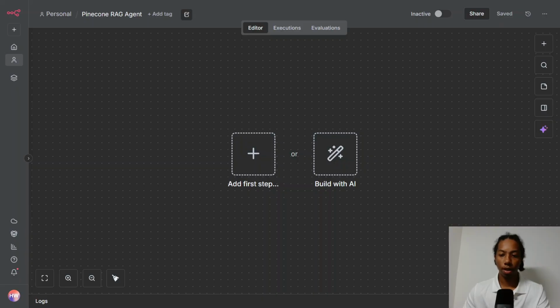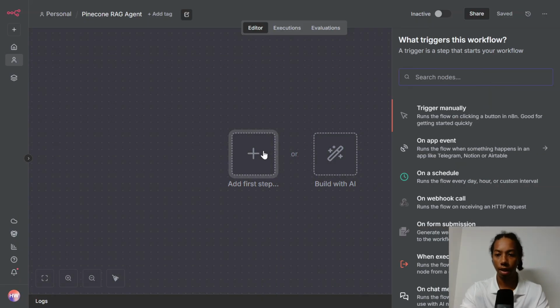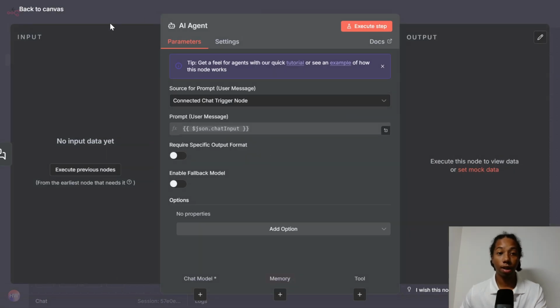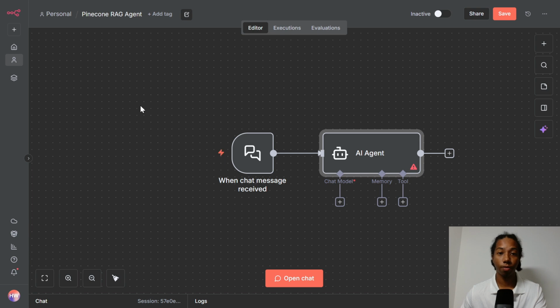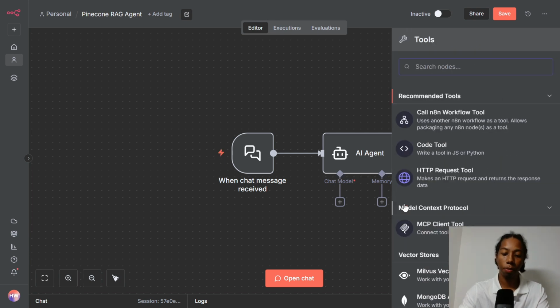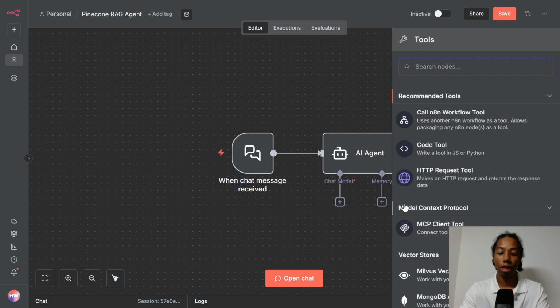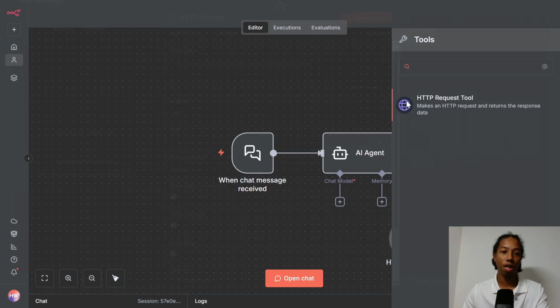Now we're back in n8n, and the first thing we're going to do is add an AI agent into our workspace. Now we can link our AI agent to the Pinecone assistant that we just created. We don't have access to the Pinecone assistant node inside of n8n. We do have access to the vector store node, but we're trying to look for the assistant node. So we're just going to set up an HTTP request so that we can still use the API endpoint from